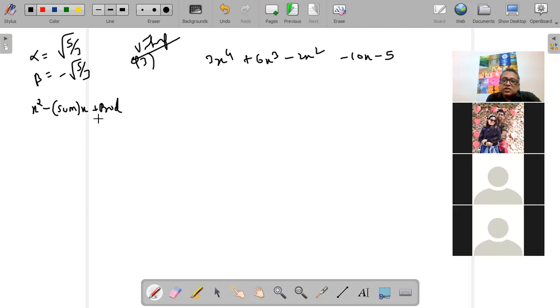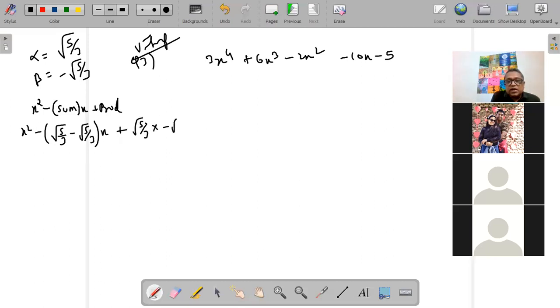कभी भी अल्फा एंड बीटा दिया हुआ है, दिस इज द फॉर्मूला बाय विच वी कैन फाइंड अ क्वाड्रेटिक पॉलिनोमियल। क्या है क्वाड्रेटिक पॉलिनोमियल बनाने का फॉर्मूला? x square minus sum into x plus product. So x square minus sum means you have to add the zeros। अल्फा बीटा दिया हुआ है तो इन दोनों को हमने ऐड करना है,